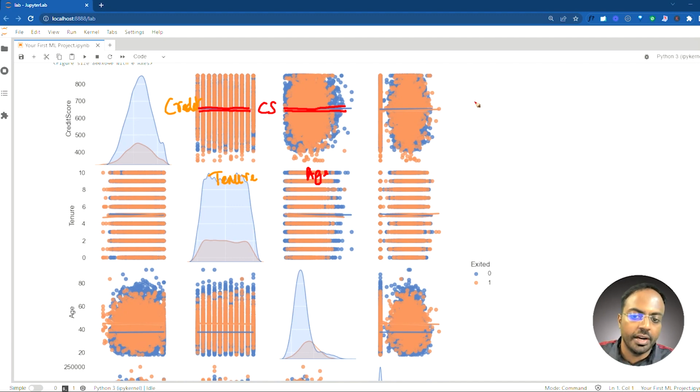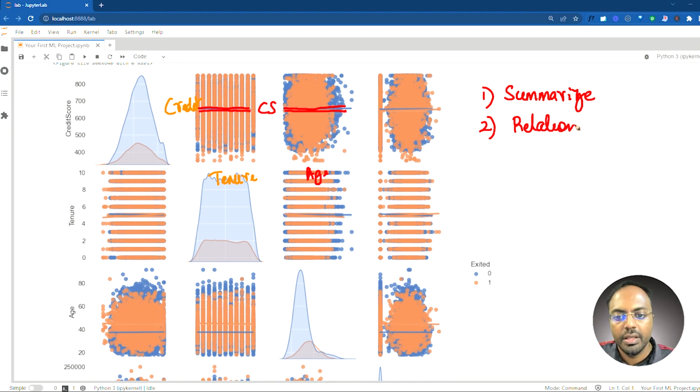But on a high level, understand the purpose of EDA is first to summarize the data, again revisiting the original points. First, to summarize the data. Second, to understand the relationships between the x and the y, also between the x and the other x variables. Third, to generate insights